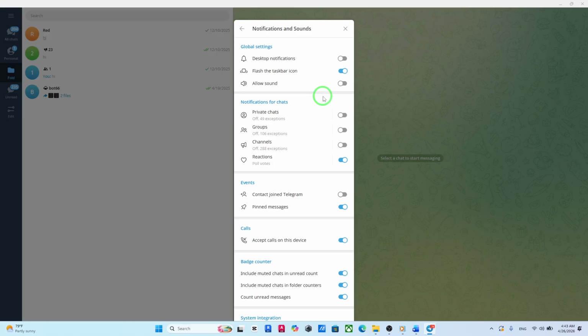It's especially useful if you often have multiple windows open or keep Telegram minimized, because the flashing icon will quickly catch your attention. Simply toggle this option on. You may notice the switch lighting up or sliding to the right, depending on your system theme. Once it's enabled, you can return to your main screen, and that